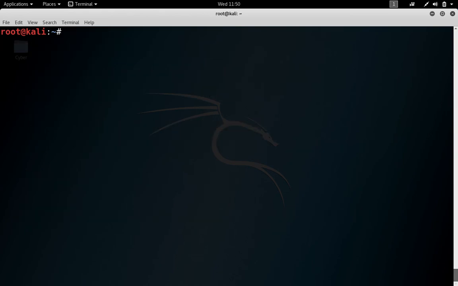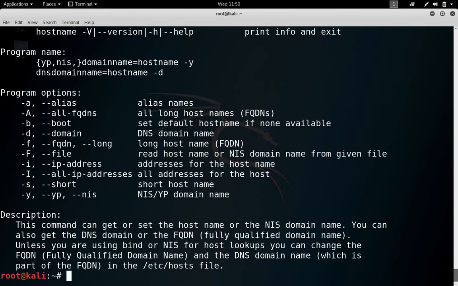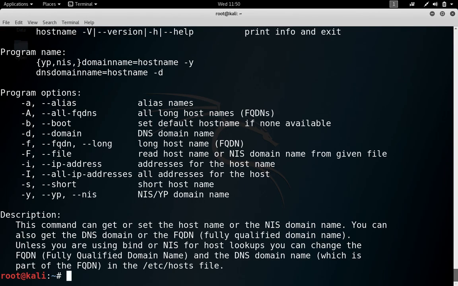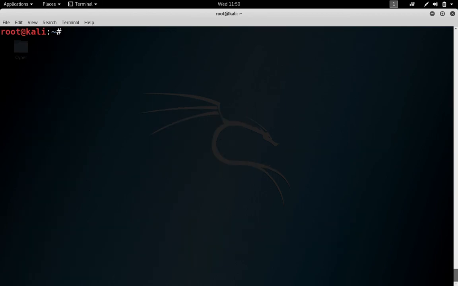If you want to check the help for hostname, then you have to type hostname --help, and this way you can get the help for this command, right? So I think this is enough introduction to the man command.